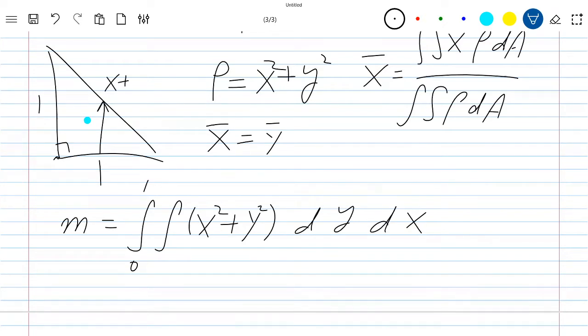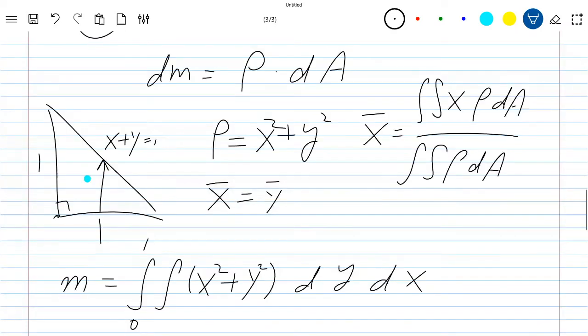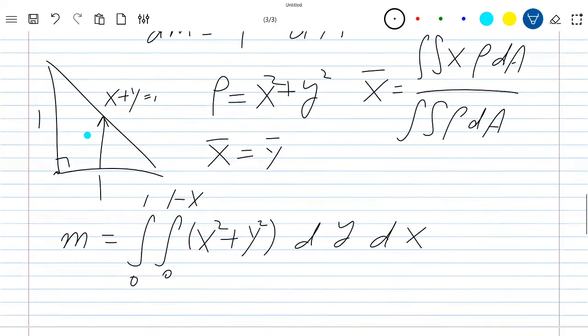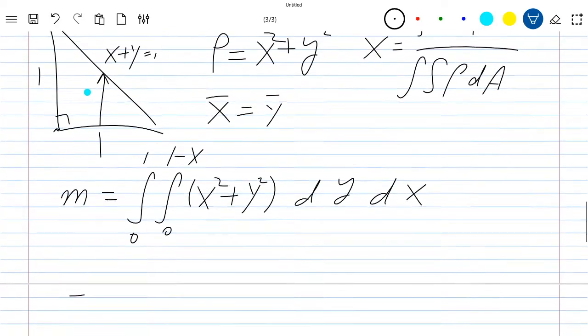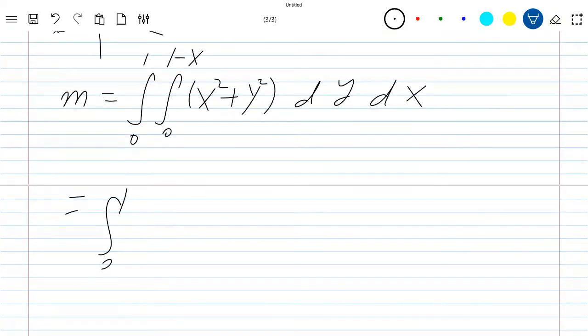y is from 0 to the line x plus y equals 1, right? So you can see this is from 0 to y equals 1 minus x, so that's what we have, right? All right, then let's just integrate. 0 to 1, and then you have x squared, it's constant, times y plus y cubed over 3, and plugging the limits,